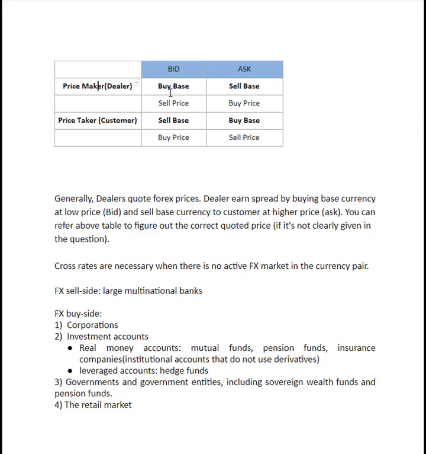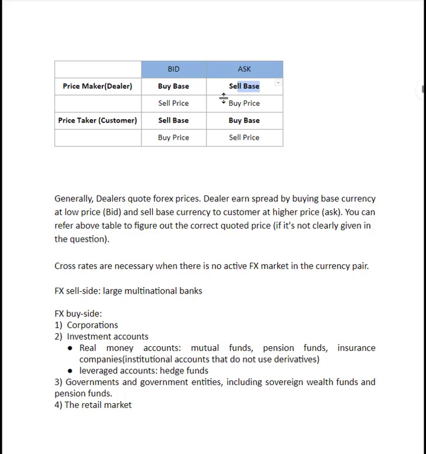So these big banks, as I said, they buy the currency at lower price. Let's just talk about the base currency. So they buy at a bid price. Bid and ask are the popular prices on which they quote the currencies. These sell side participants quote the currency in bid price and ask price, and the spread is the profit which they make. So they buy the currency at the bid price, they sell the currency at the ask price. Since in case of base currency the ask is greater than the bid,